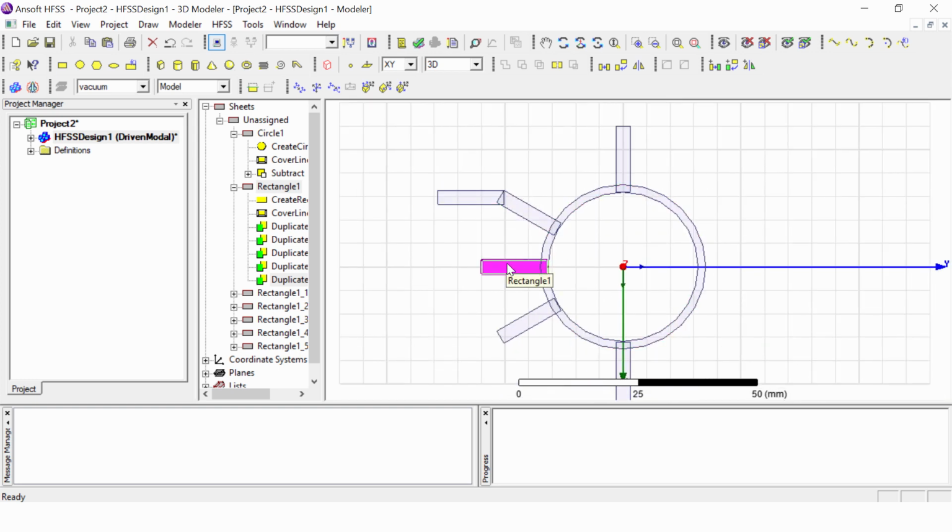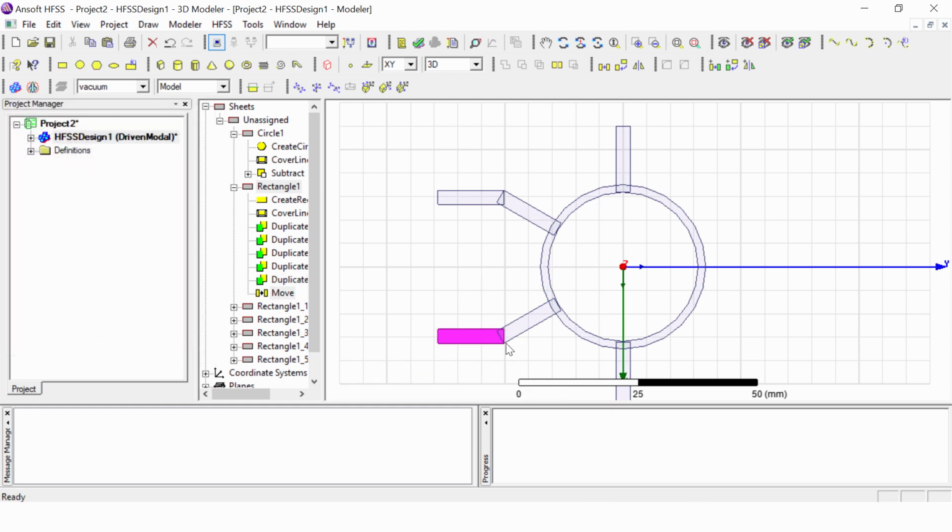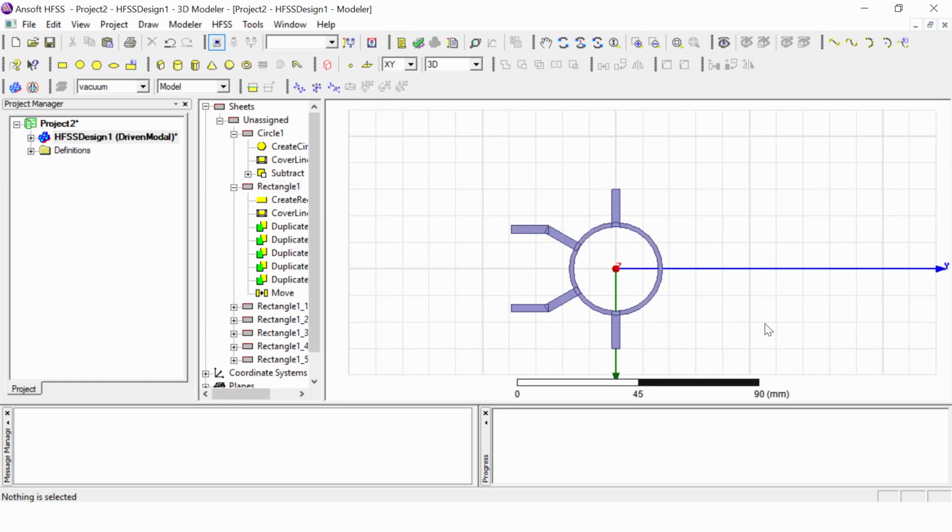Now this is the last line we are going to draw. So we will move this itself to this point. Rather than doing duplicate, we will move. For move we have an option here. So click on move. Click on one of the corners. So I am going to click on this corner and I will bring it here. So these two have the same dimension of the line and all lines are completed.